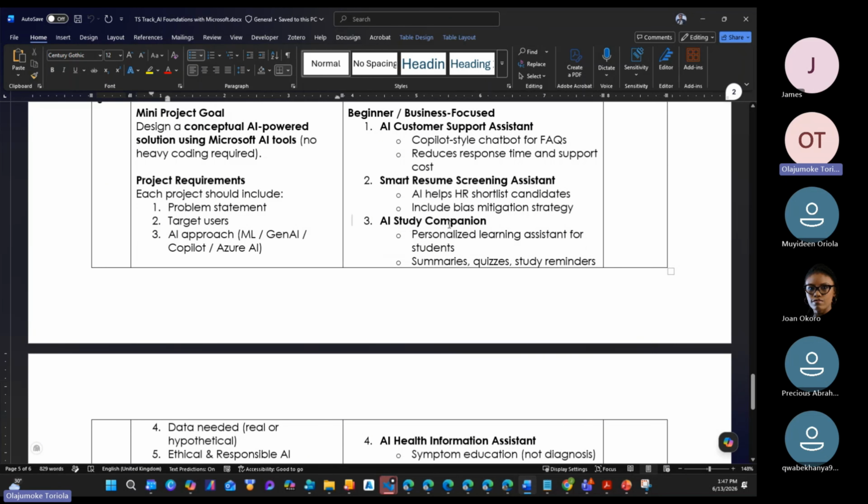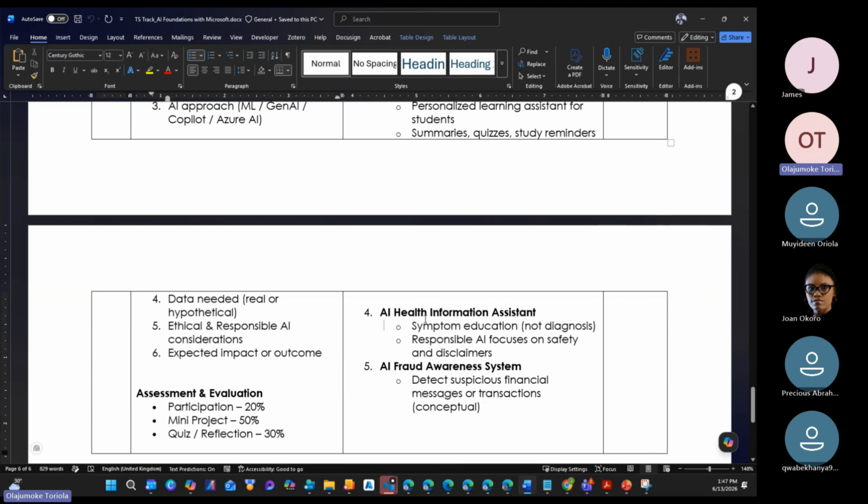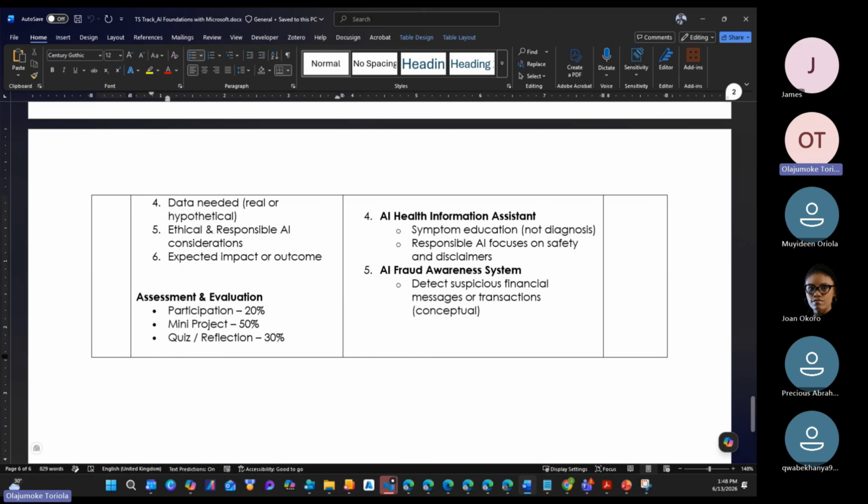We have an AI study companion that you can also build, that is a personalized learning assistant for students, summarize quiz, study requirement. We have AI health information assistant, that is something that can do symptom education, not diagnosis. So if you have certain symptoms, you can say, oh, this is what it is. Responsible AI focuses on safety and disclaimer. We also have an example for AI fraud awareness system, that is detect suspicious financial messages or transactions.